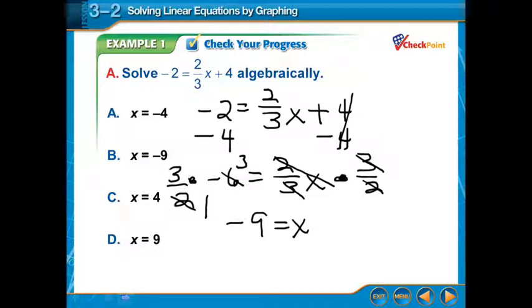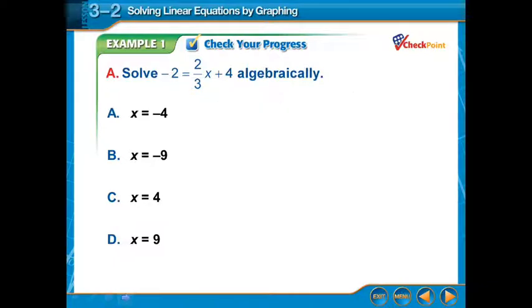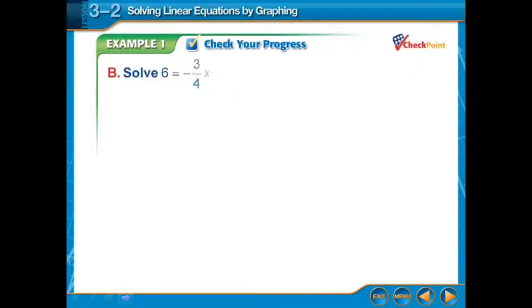The x-intercept in this case is at -9. Alright, now let's look at this